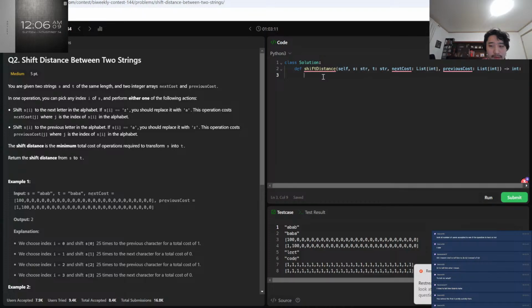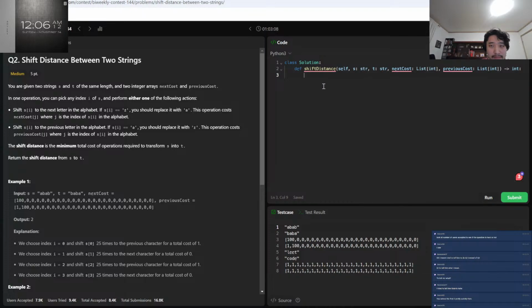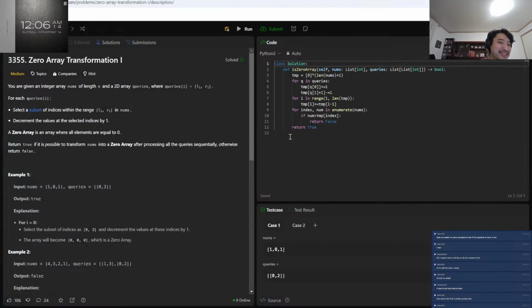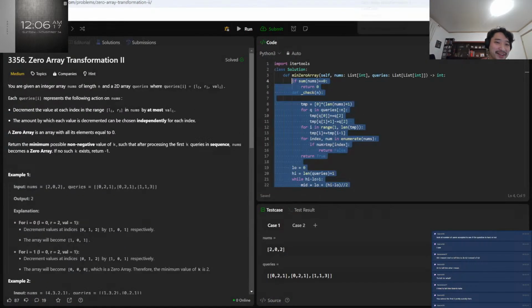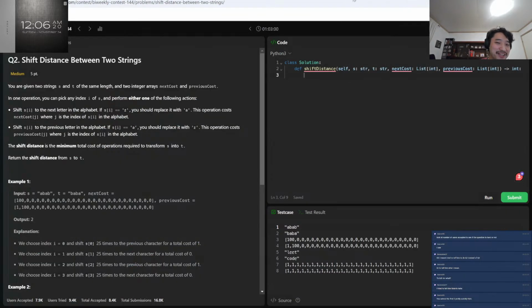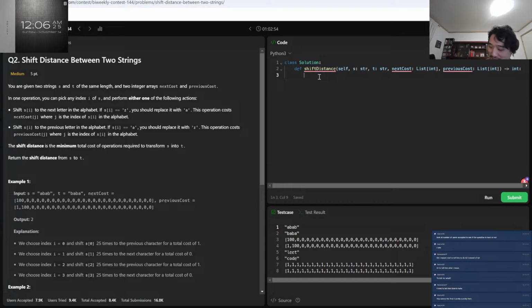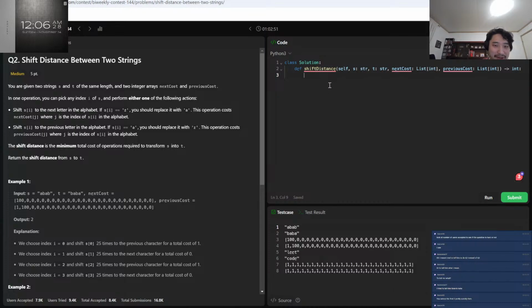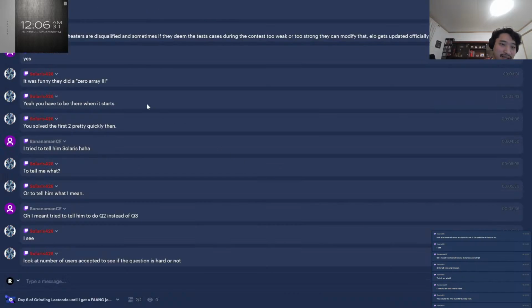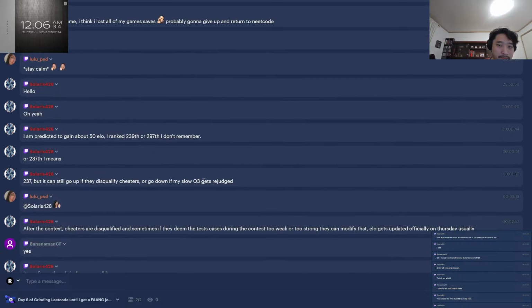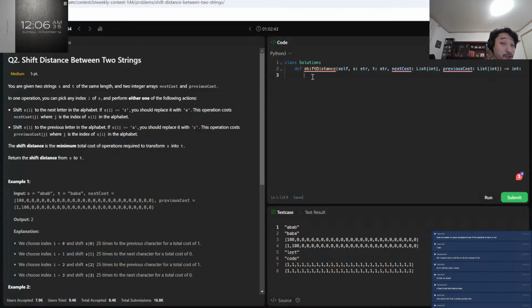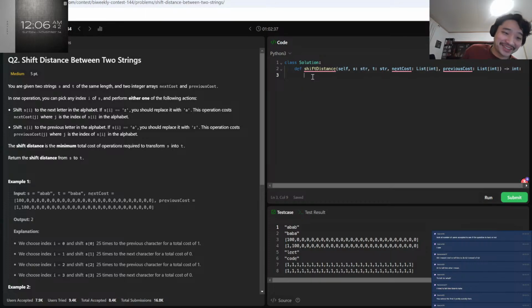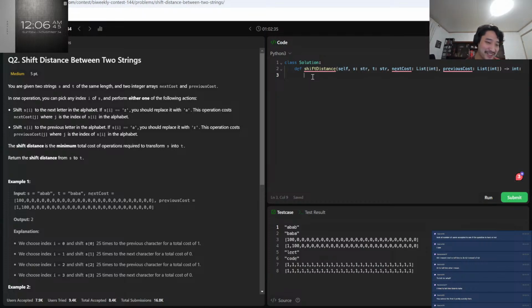Solaris 428. Look at the number of users accepted to see if the question is hard or not. I saw that it was like 7% or something, compared to the others with like 30 or 40 respectively. I was just curious, and I thought, oh, okay, that's hard. But I had faith just because I've done the two previous ones. But maybe I shouldn't. And considering I saw you talking about you had a slow Q3, if you have a suboptimal code, I don't think I will get a correct code at all. So yeah, maybe I should just take in the warning from Cheesefest.